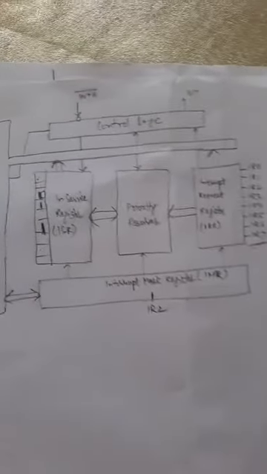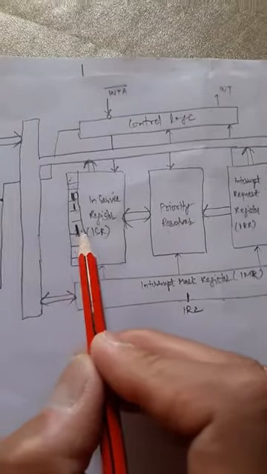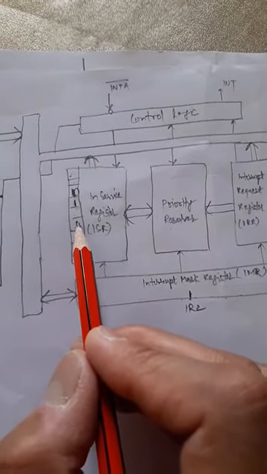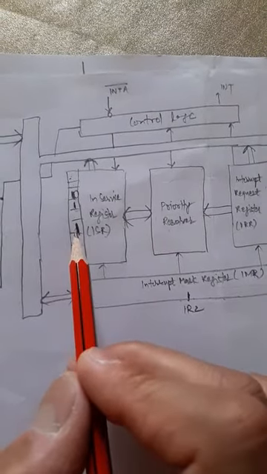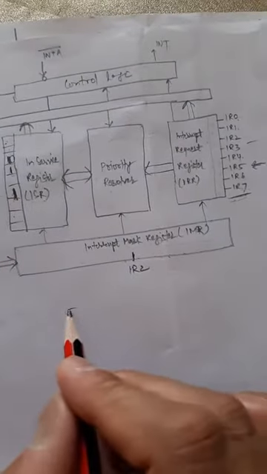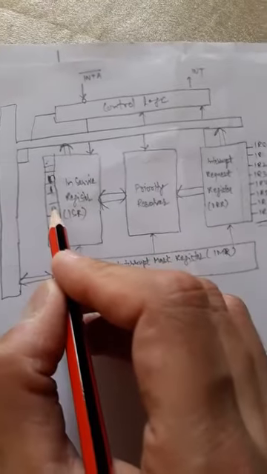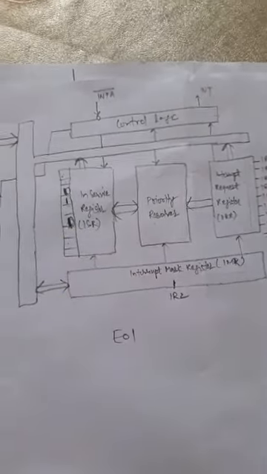And once the MPU finishes the ISR of IR5, it will issue the EOI command, meaning end of interrupt. It will send this command to the 8259, and then the 8259 will put this status to 0. Okay, so this is